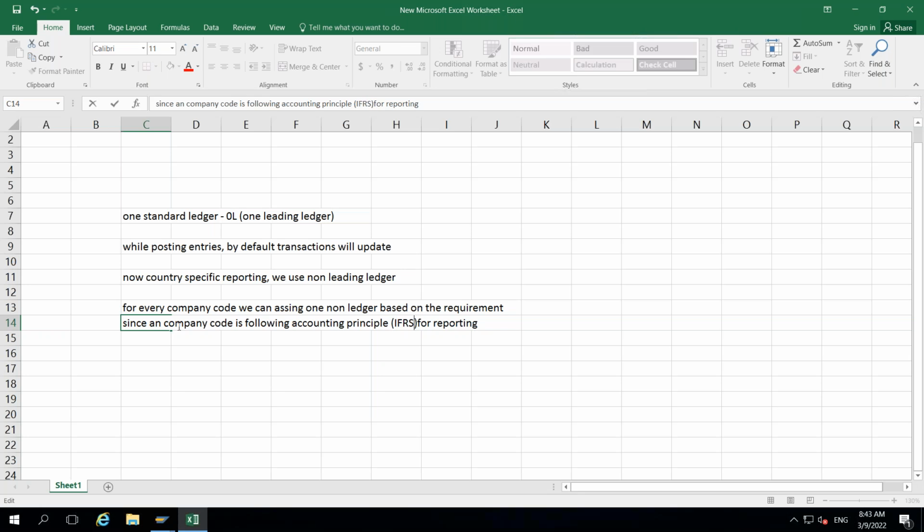IFRS or GAAP. It is not mandatory, it is optional. Non-leading ledger assignment is optional again. Now when we are posting transactions,